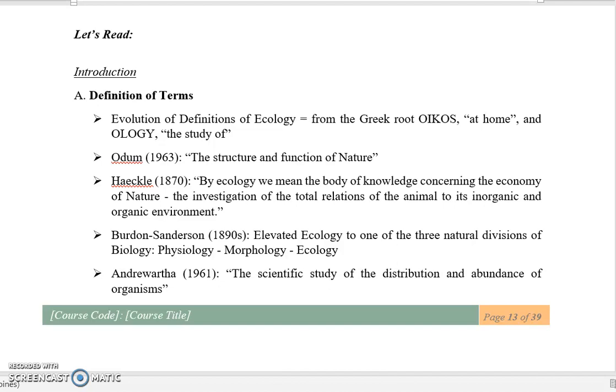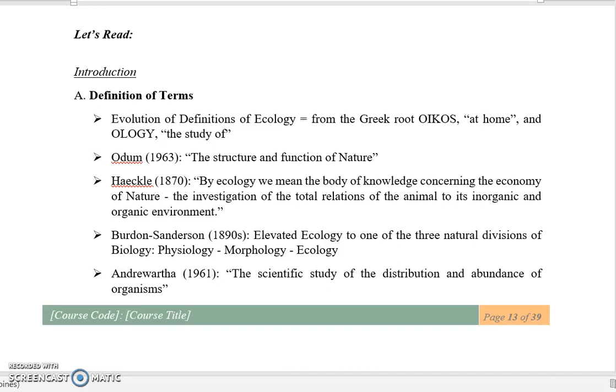Those were the pillars once. Now, Burdon and Sanderson proposed that ecology be included in the three pillars, or the major branches of biology, because ecology is very important in studying how organisms interact and live with each